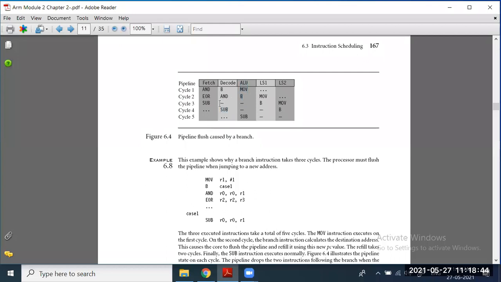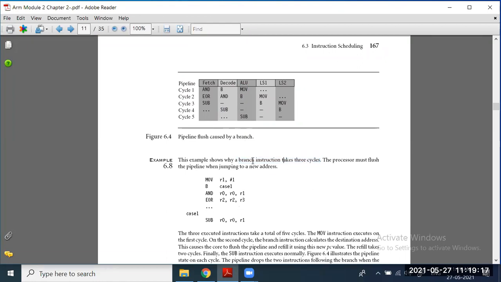In order to refill the pipeline, it takes 2 cycles. Totally, the branch instruction takes 3 cycles: 2 idle cycles plus this LS1, the branch instruction execution. That is why we say the branch instruction takes 3 cycles, because it is going to flush the pipeline when jumping to the new address.